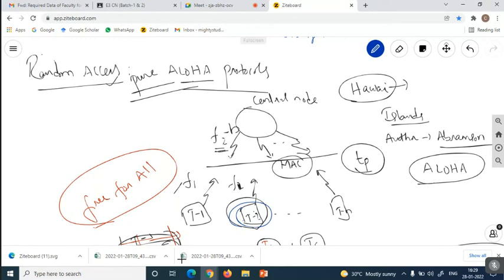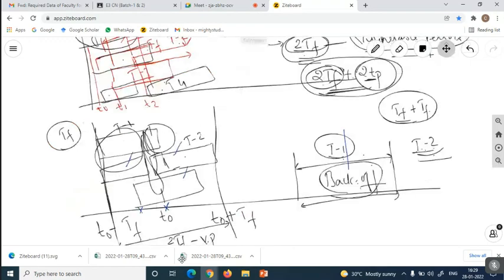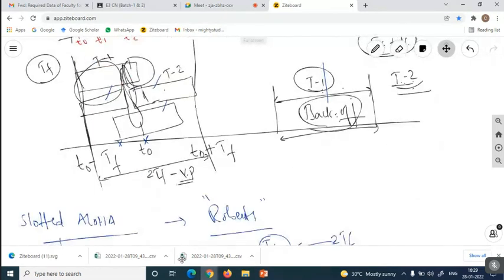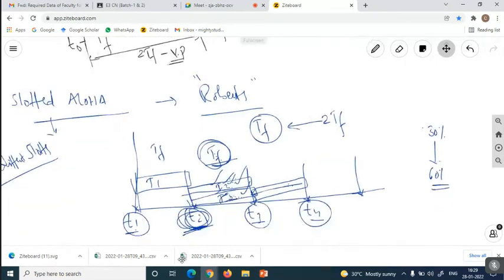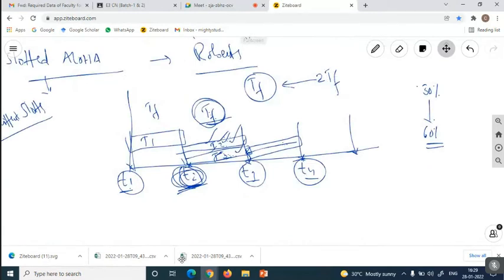As we do not have the information, as we do not have the relation with all the terminals, we get this problem. Why do we get this collision problem? As the terminals do not have any relation. T2 transmits, T3 transmits, meaning T3 has no relation with T2, whether T2 is idle or busy. So all the terminal devices are not in relation.